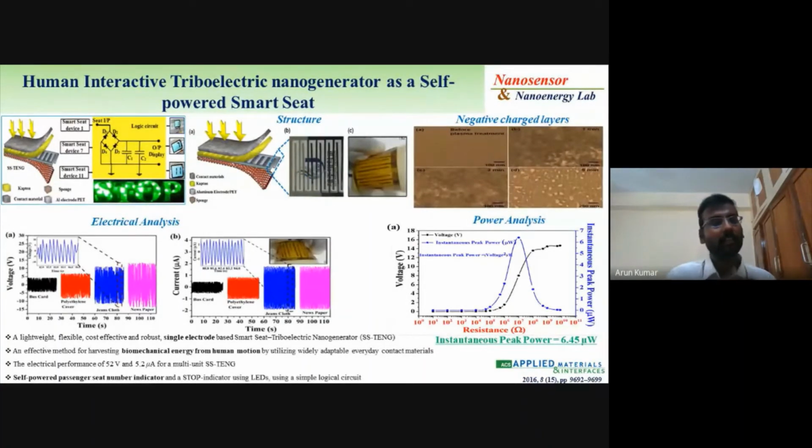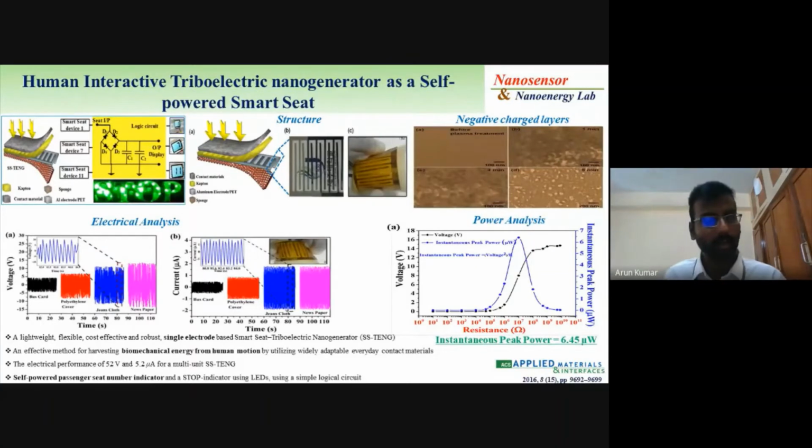So what I did, I developed a device. I connected it with a nano voltmeter, and I obtained around 4 to 5 volts for the bus card, the material in contact. When newspaper, a highly positive material, and Kapton, a highly negative material, have the opposite charge, please remember that, when the opposite charge comes together, you get more